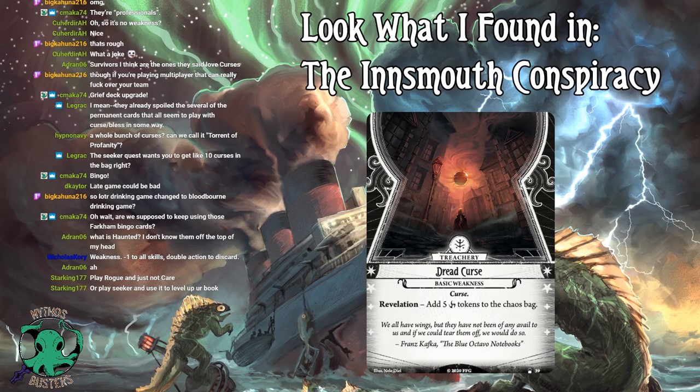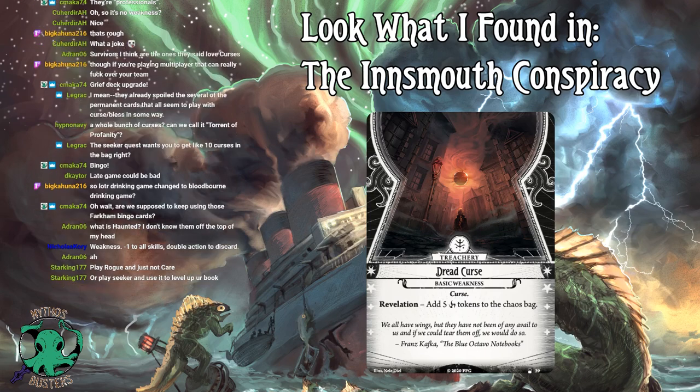So, point of interest, and I don't think any of us can really answer this definitively until we've actually gotten our hands on the Innsmouth conspiracy and played with Bless and Curse a little bit. But it does make me wonder, with this basic weakness, am I going to actually keep this in my normal weakness pool? Because if I'm not playing a deck that has Bless and Curse, and I'm not playing Innsmouth, and I draw this as my weakness, am I going to go,